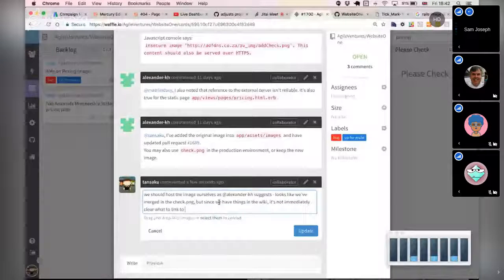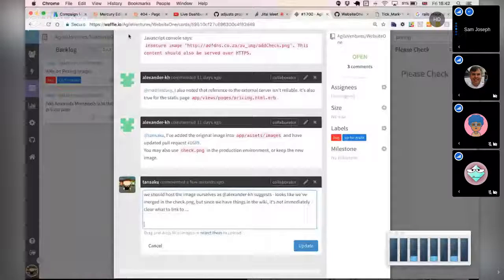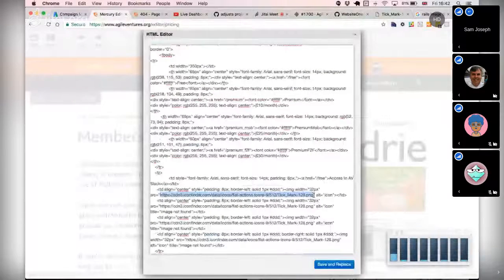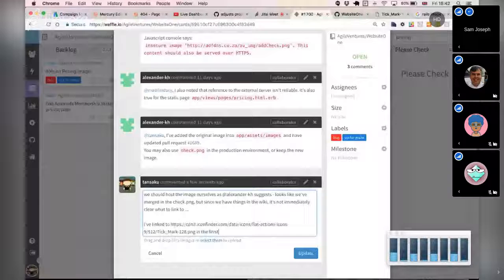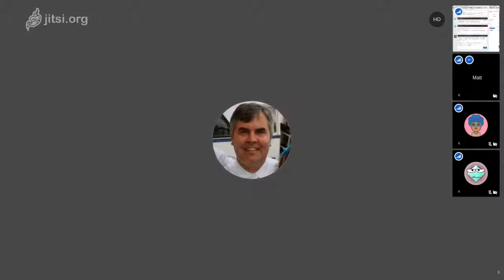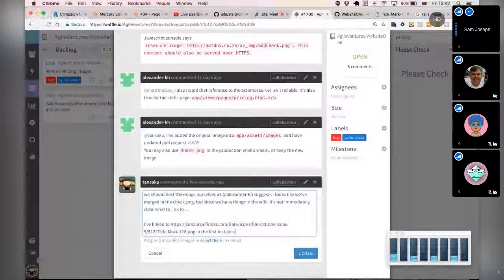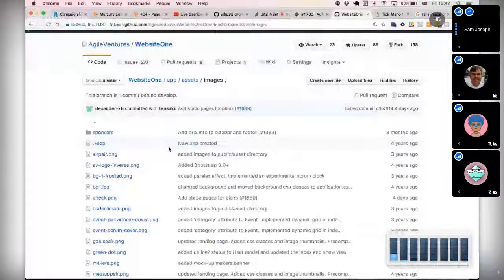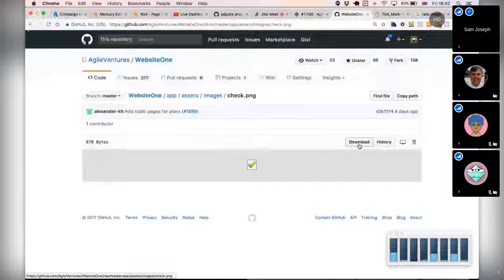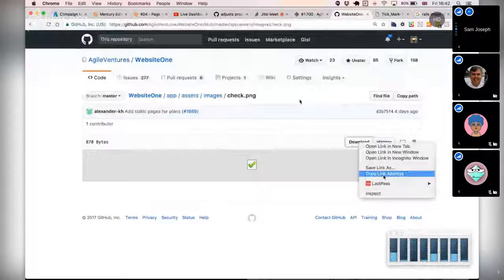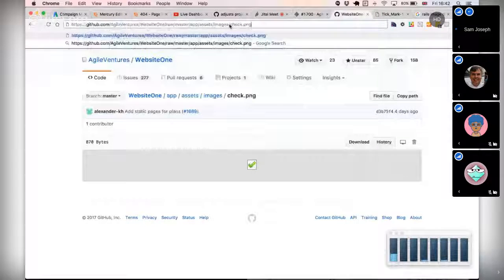Yeah, so in order to round out this thing, I've linked to this in the first instance in the, gosh, what's it called? If we wanted to get that previous tick back, we could be linking to the raw thing here, right? Copy link address, like this. I wonder if that will just show up? Yeah, that's the tick.